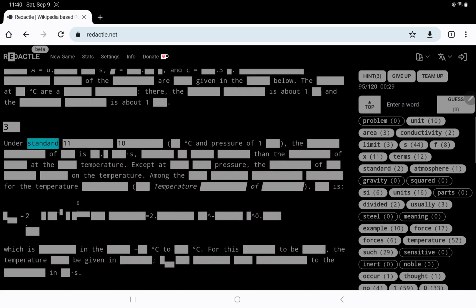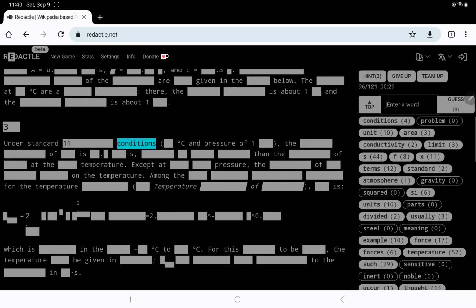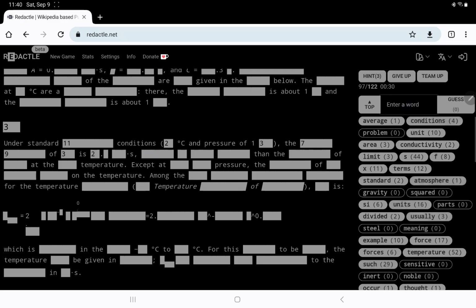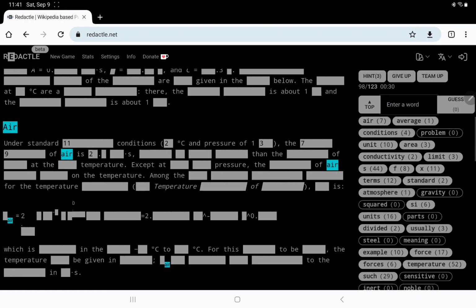Under standard conditions, standard something conditions, STP, isn't that, they use that abbreviation, and pressure of 1, 3, the average, no, air, okay. So air has this 9,